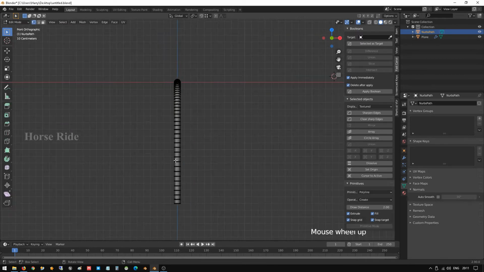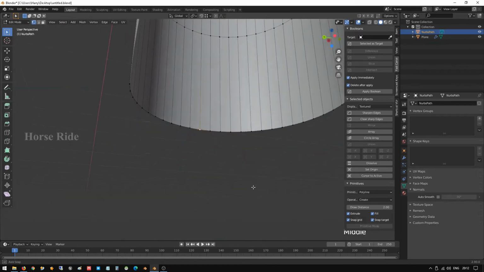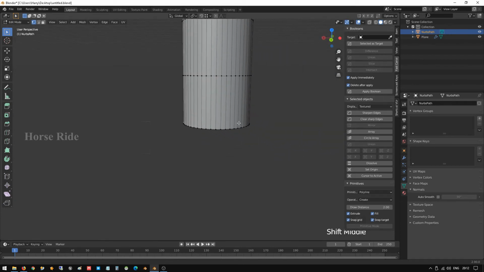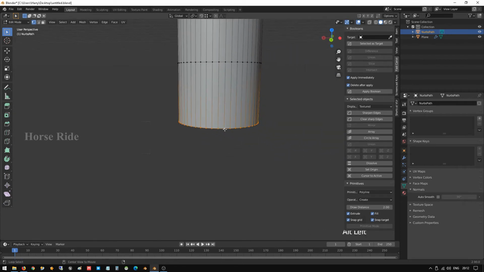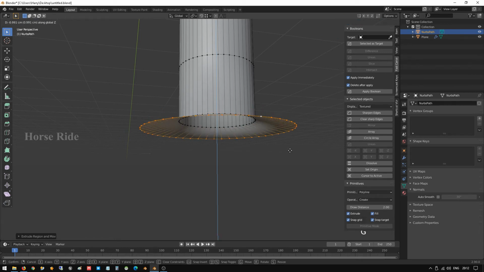Before that, let me create one nice design here for this. Select these edges using Alt and the left mouse button to select the vertex. Press E to extrude and S to scale it like this, and G Z to reduce it to the bottom.